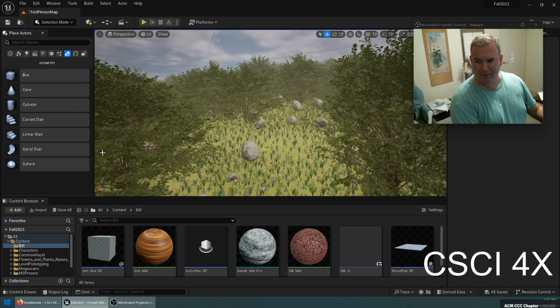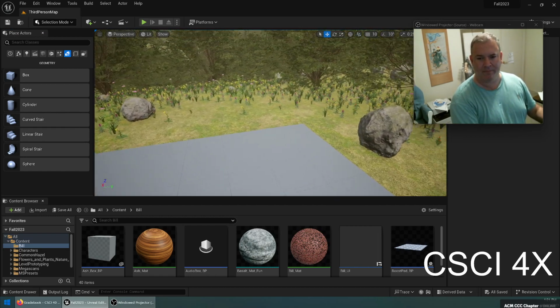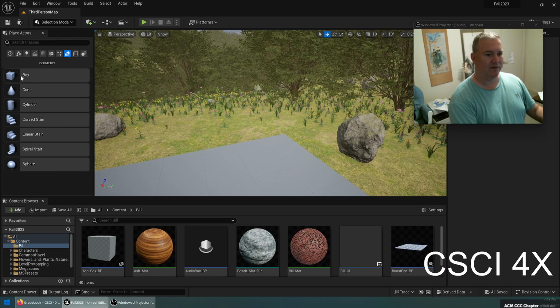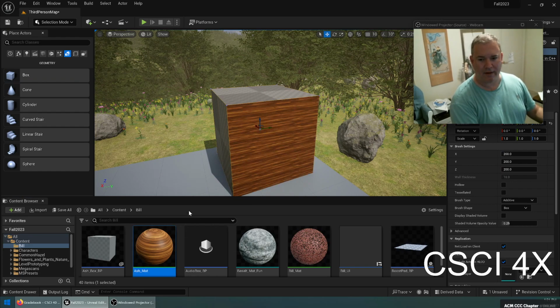All right, welcome everybody. I'm going to give a little short talk today on the geometry brush options inside of Unreal Engine. Real brief, there's actually a lot of cool stuff you can do with these things. The most important feature they have is that you can not only add geometry to the world, like with dragging a normal box out there, but you can do things like,